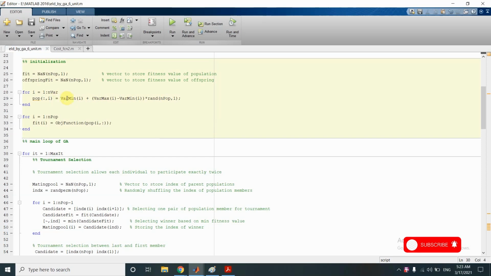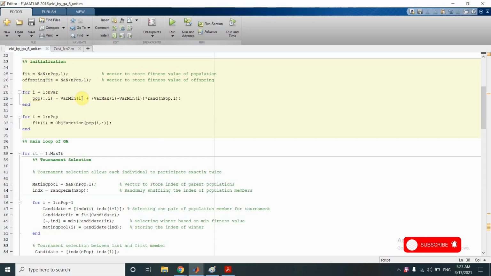individuals. So in the first iteration of this loop, it would create a column vector of 500 individuals whose value would lie between maximum and minimum limits of first generator generation.